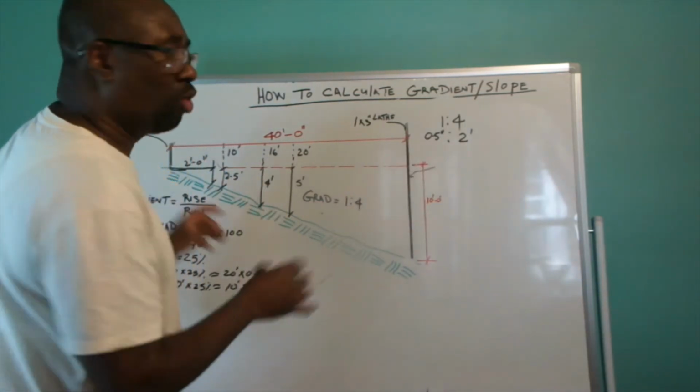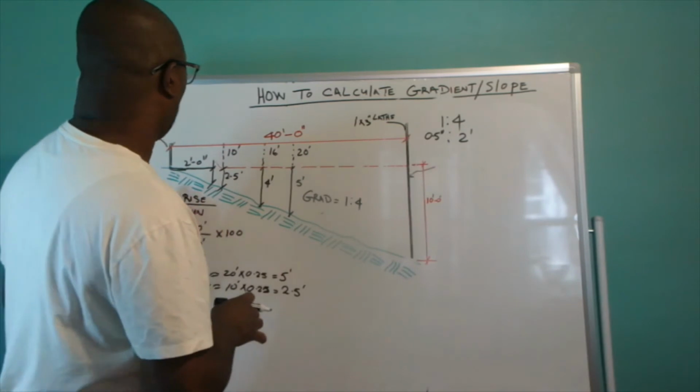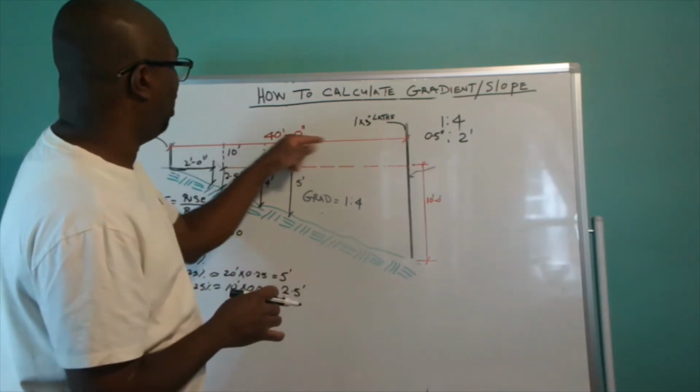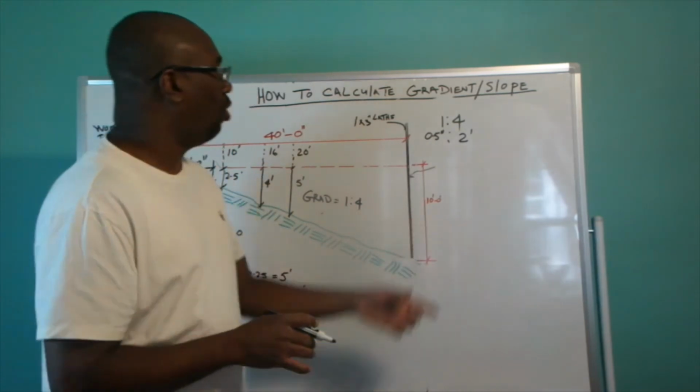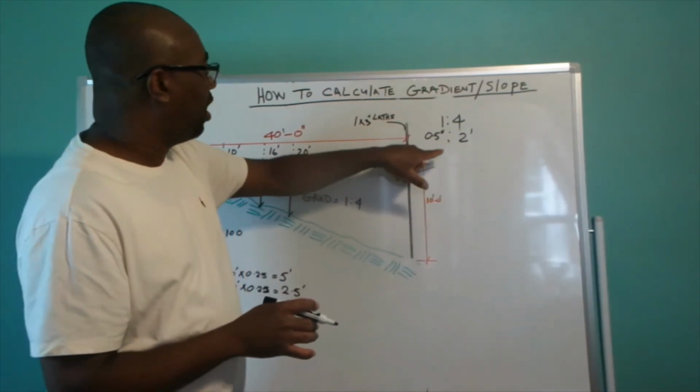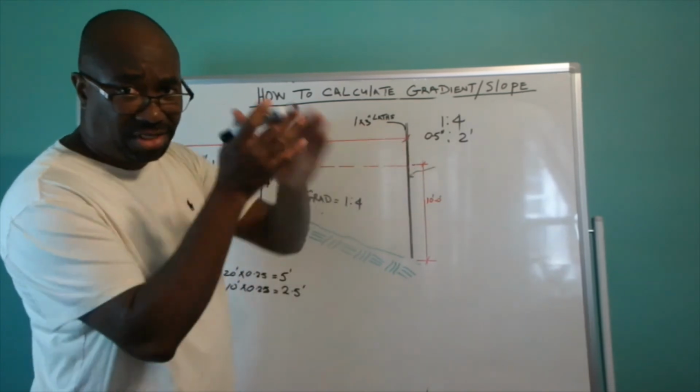So I'm going to show you now how I can arrive at my 40 feet length and get back my 10 feet rise. So we know that every 2 feet there's a ½ inch fall or a ½ inch rise,